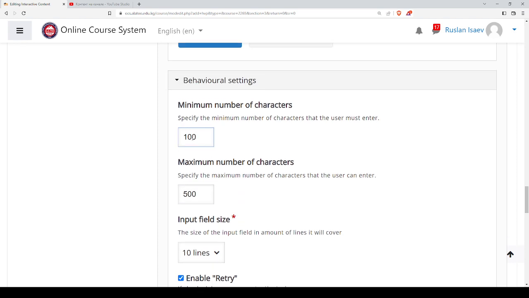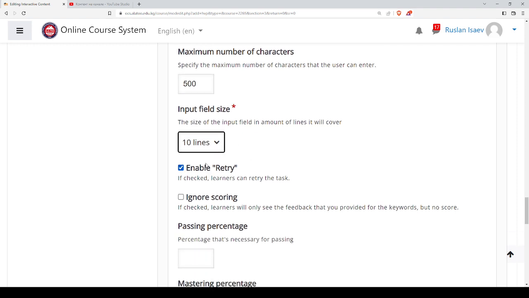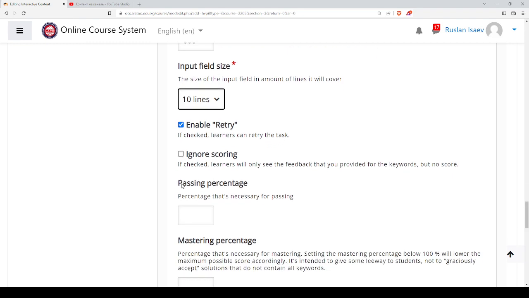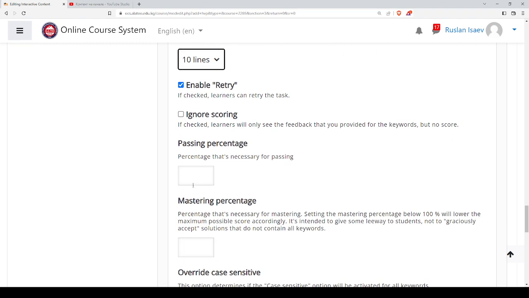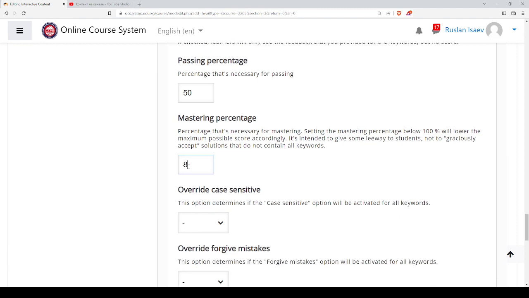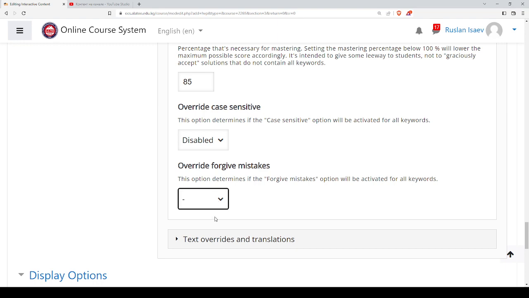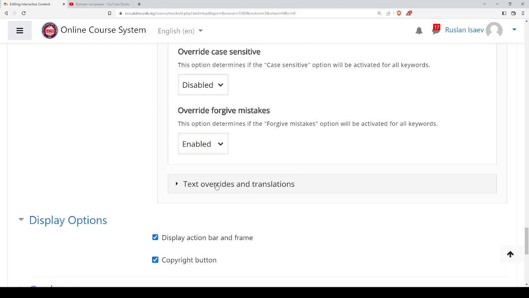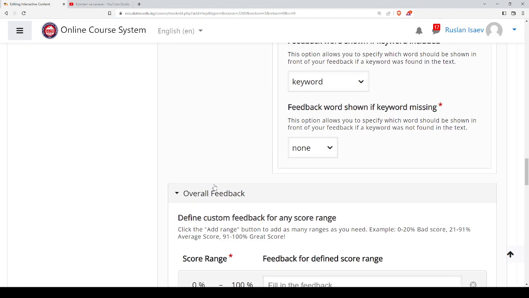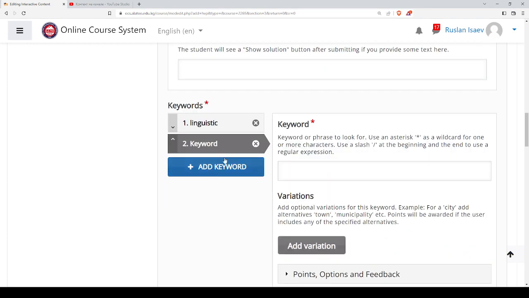We can specify 10 lines, a retry button may be there, the passing percentage can be 50, and mastering can be, for instance, 85. I can override the case sensitivity, so it can be disabled, and forgiving mistakes should be enabled, and this is it. So we can add as many words as we like, so we add another keyword, for instance